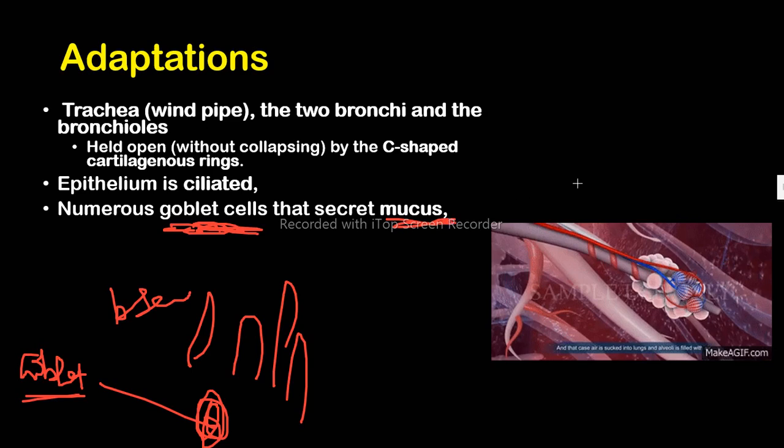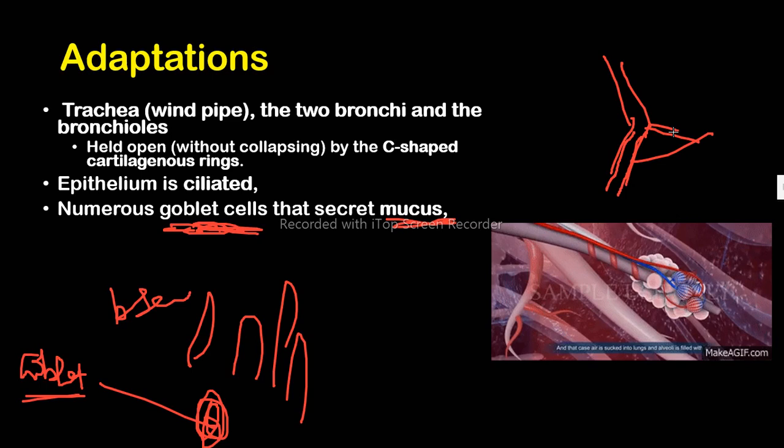We have agreed that the trachea, the bronchi, and the bronchioles, they are lined by a layer of mucus. So where does this mucus come from? If you have flu, you produce a lot of mucus, too much of it. Where does the mucus come from? Okay? So there are those specific cells, the goblet cells, that do secrete that mucus that will line the walls of the trachea together with the bronchi and the bronchioles, so that any dust particle is trapped,